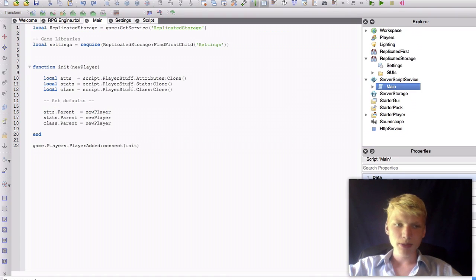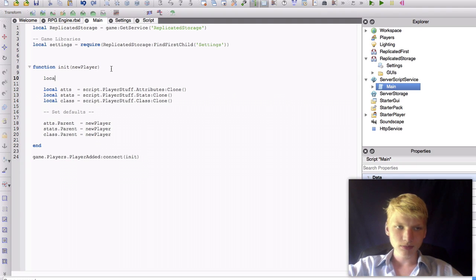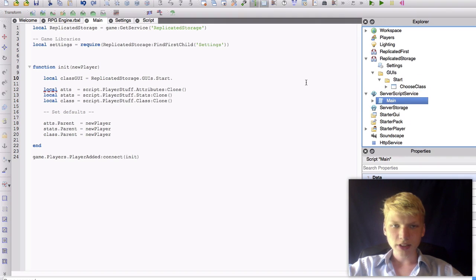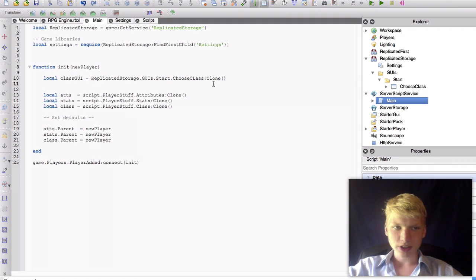So we're going to have to go back to our main script, and here we're going to need local classGui equals ReplicatedStorage, because we already defined it up here. ReplicatedStorage.GUIs.Start and .ChooseClass. But we're also going to need a clone of it, that way other people can get it as well. classGui.Parent will equal newPlayer.PlayerGui, which is the folder that holds whatever GUIs are on the player's screen right now. Alright, so now that we got that set,